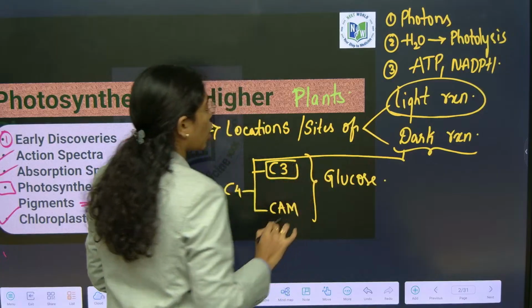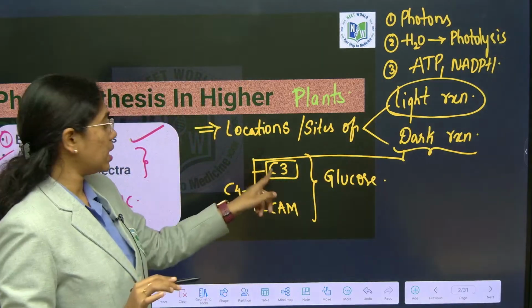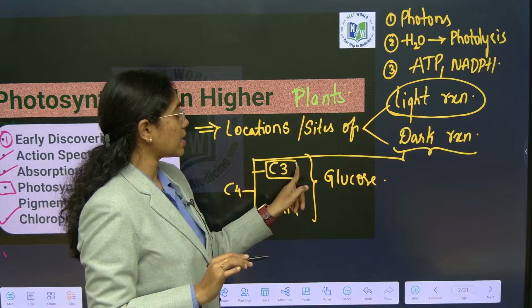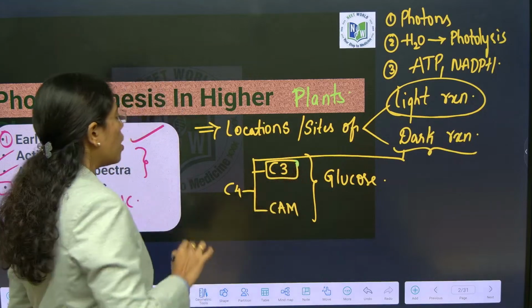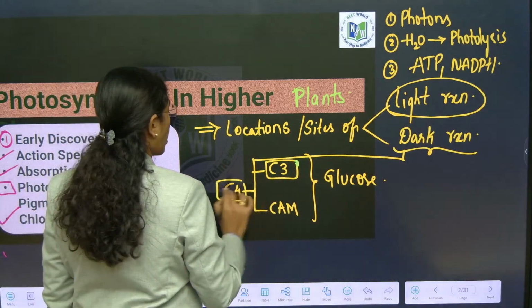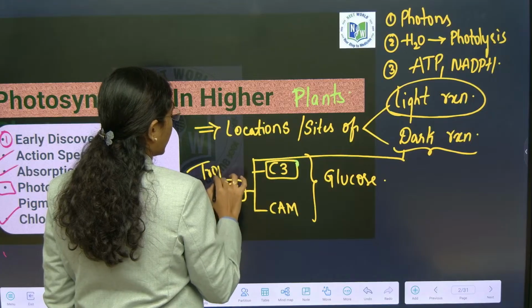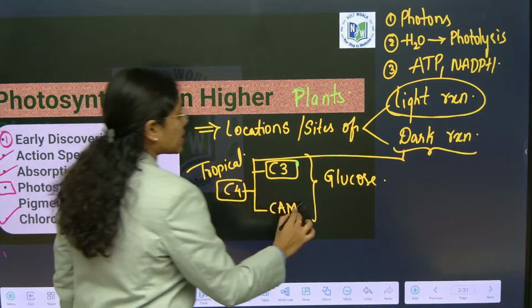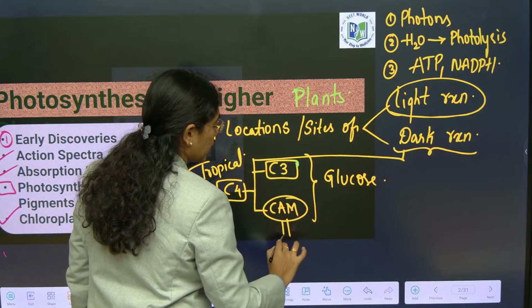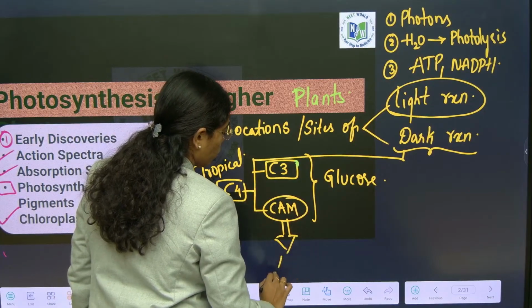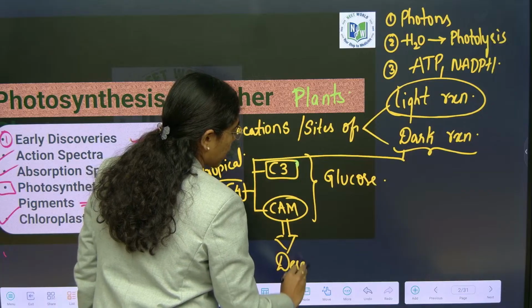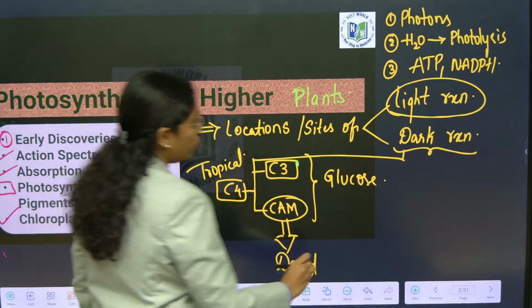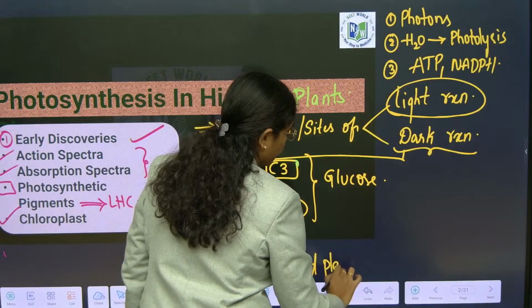C3 cycle is the common cycle in all the plants: C3, C4 and CAM cycle. C3 cycle occurs in all the plants, whereas C4 cycle occurs only in the tropical plants, or C4 plants you call them, whereas CAM cycle occurs in the desert plants only, or plants belonging to arid regions. And